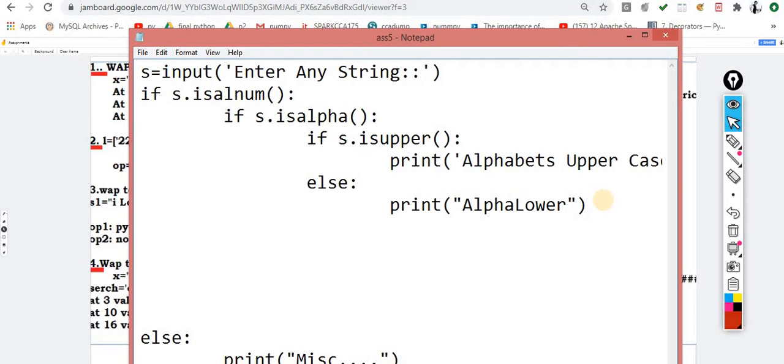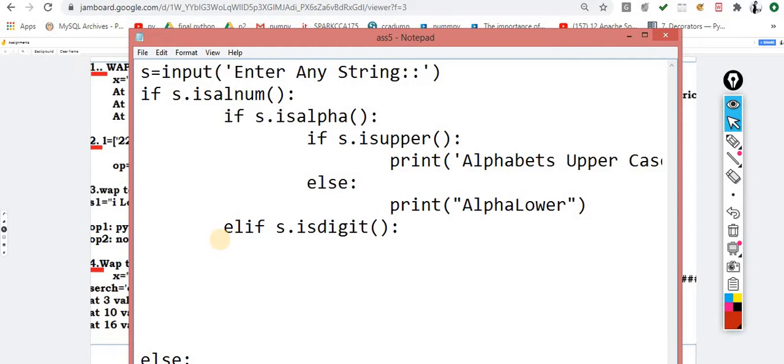If this condition is not true, then I will go to the elif part, making one more condition, isdigit. At that time print digits only.